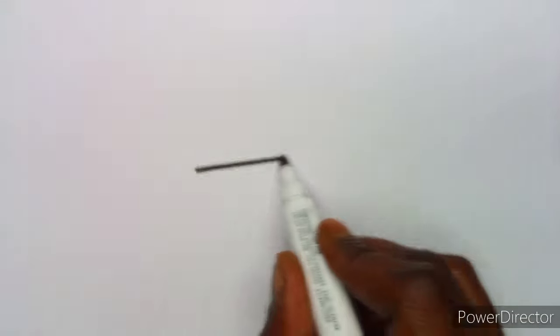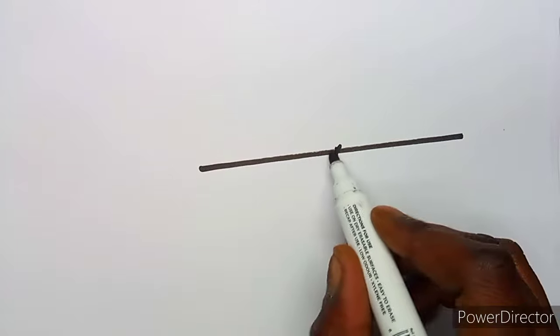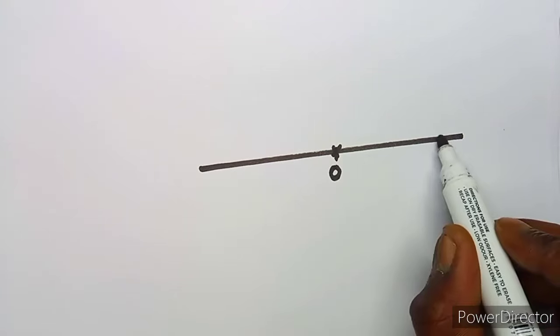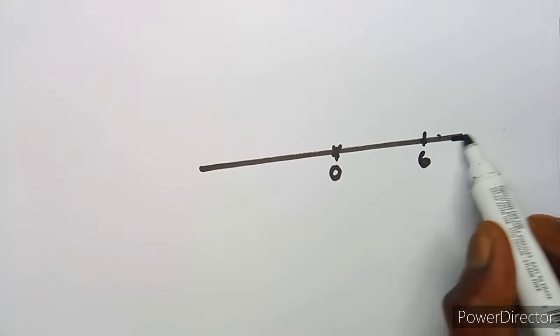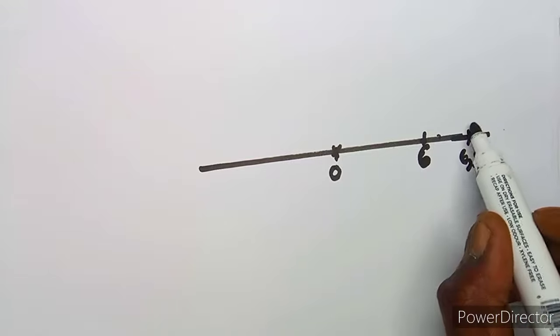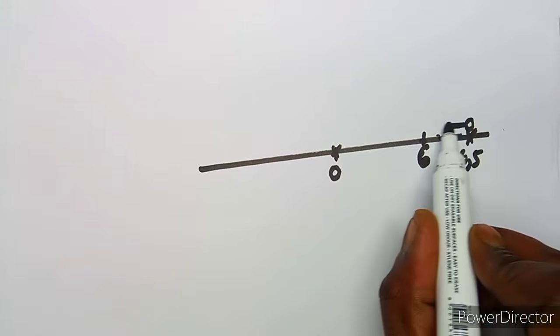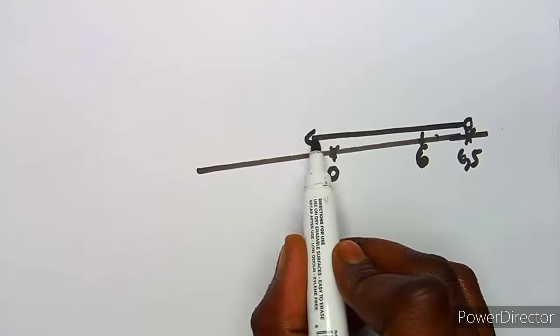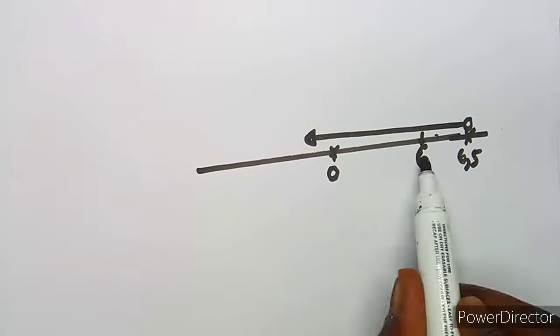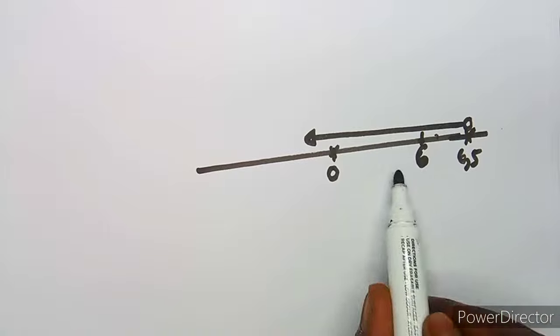If we are to represent on a number line, it's like this. Maybe this is where we have our 0 here, 1, 2, up to 6. This is our 6 here, all right, and this is our 6,5 here. So we are talking of values here which are less than, going this direction. So the first perfect square that we are going to have from near this is your